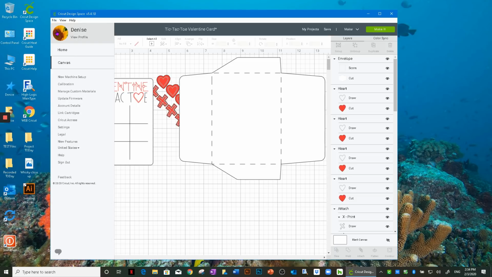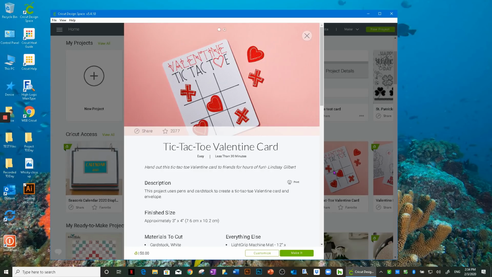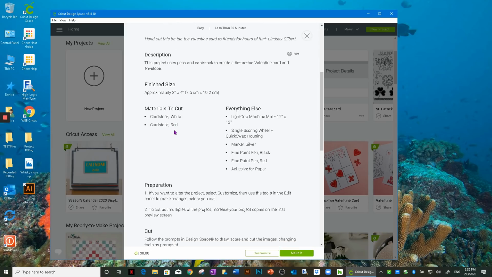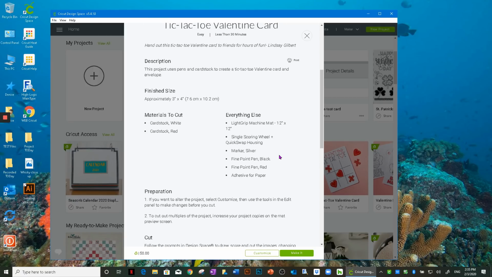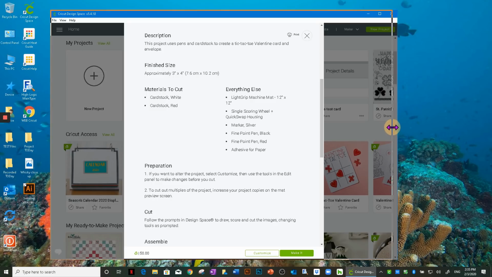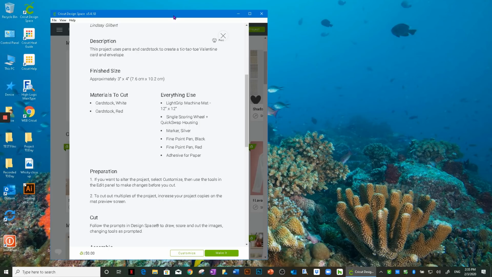Okay, so I'm going to go back to home. And let me go back here and show you something else. Okay, so you could print these instructions if you wanted to. Like I said, it gives you all the materials, everything you're going to need to make this project. But say you're brand new and you've never done a Make It Now project, and you just want to make sure that you have the instructions for you to see. You have a choice to either print it, or with this new Design Space, you could actually make your Cricut Design Space smaller by getting that double arrow and squishing your app in smaller,